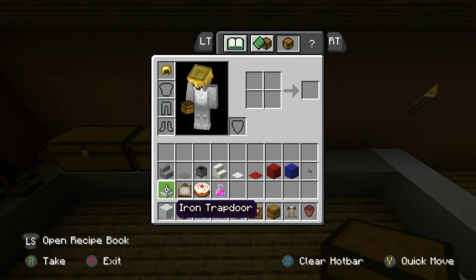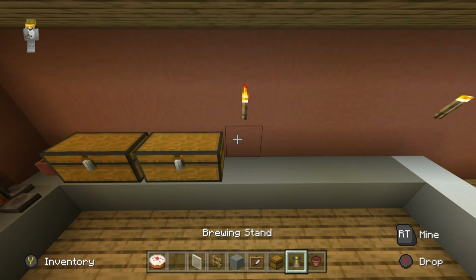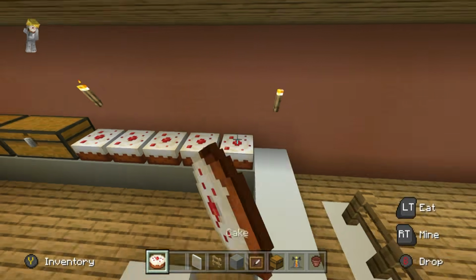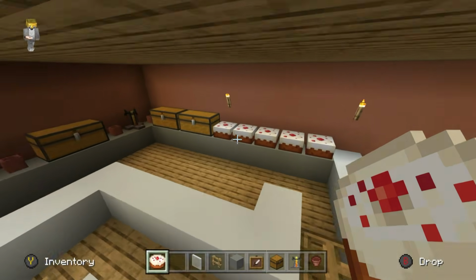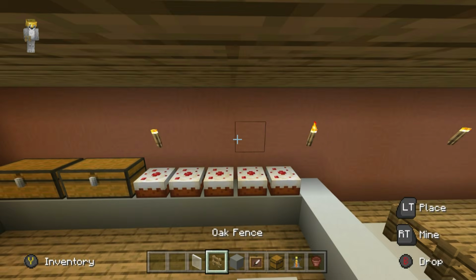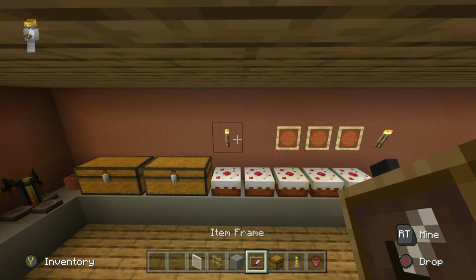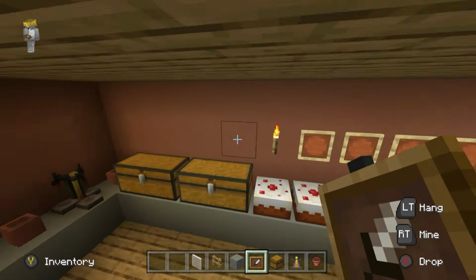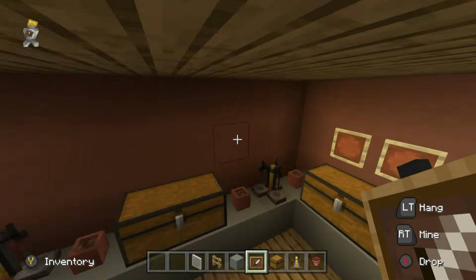And I'm going to use cakes to illustrate this. So I'm just going to have a row of cakes, kind of like desserts. The desserts are always towards the end here. I'm going to use item frames, and I'm just going to place them pretty much above all of this cake area here, above the chests,